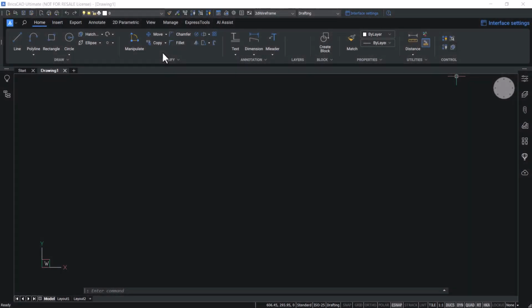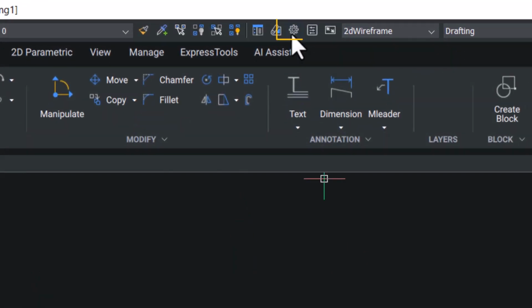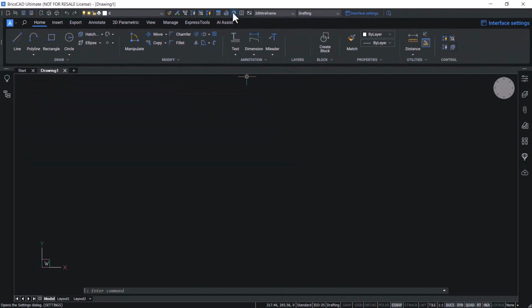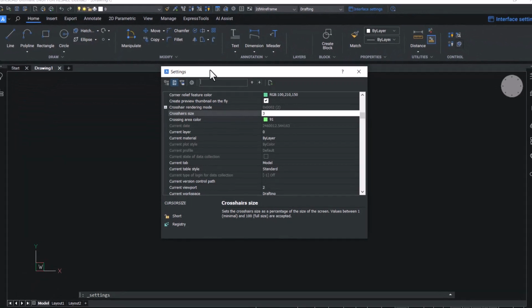Did you know you can get the settings dialog to display only the settings that match your search term? This can save you lots of time when you are looking for a setting but aren't sure where to find it or precisely what it's called. To access the settings dialog, click on the settings icon in the toolbar on top, or you can give the settings command using the keyboard. Now you have got the settings dialog.